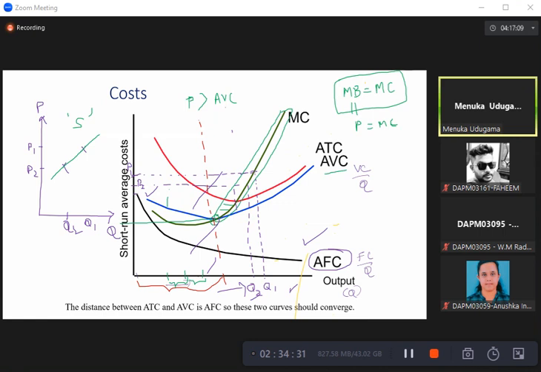The average variable cost minimum point is the optimum area to produce, and we say that the firm has reached economies of scale. The firm has reached economies of scale because you see, as you increase the output level from zero, the cost of the firm is decreasing, isn't it? The average cost,